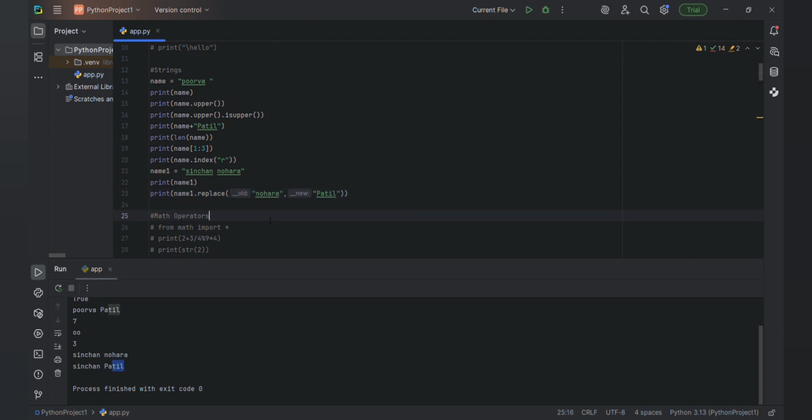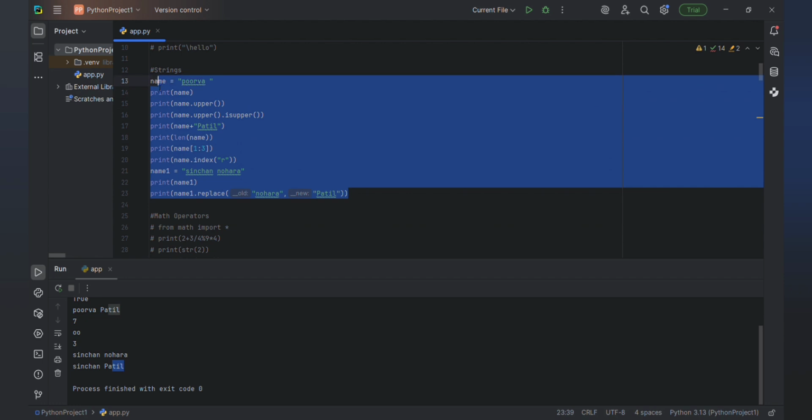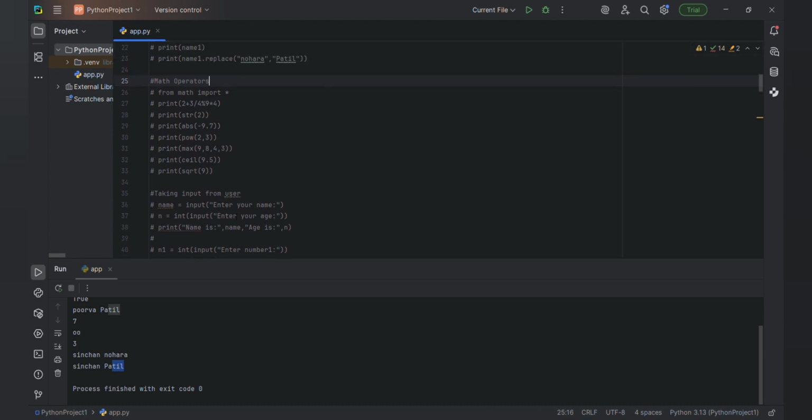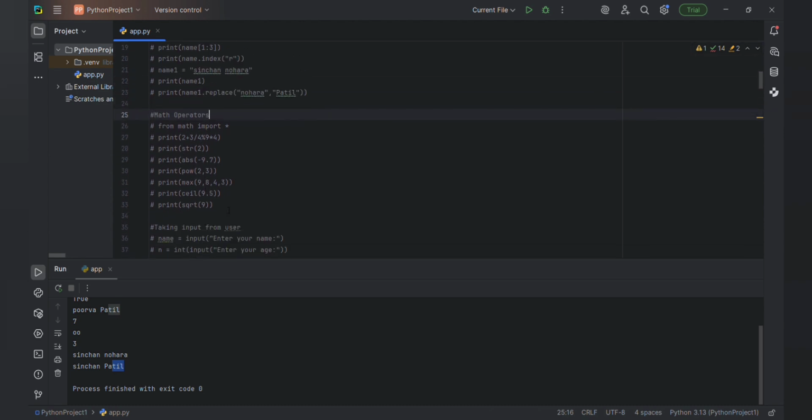Okay, these are some special functions which are used in strings, and this is all they will ask about strings. Some more are there, like capitalize, lower. You can check this out in ChatGPT or Google. These are the main things which I want to share with you. Let me comment out this, and let me comment out the next thing which we are doing.